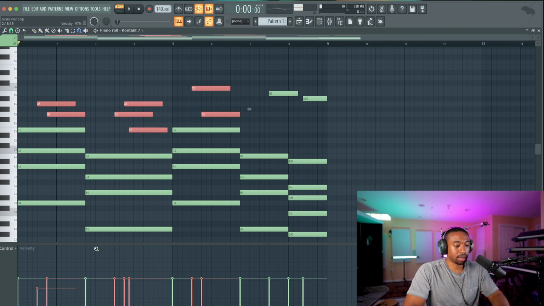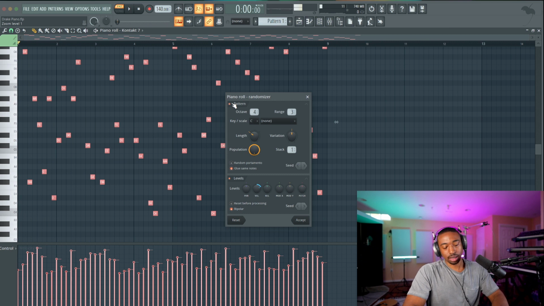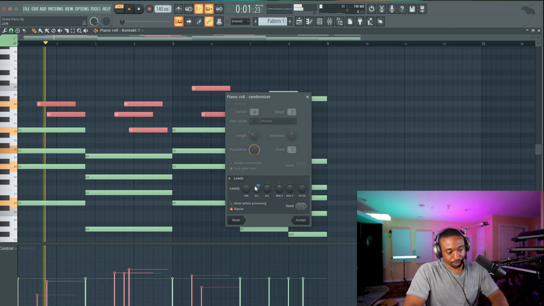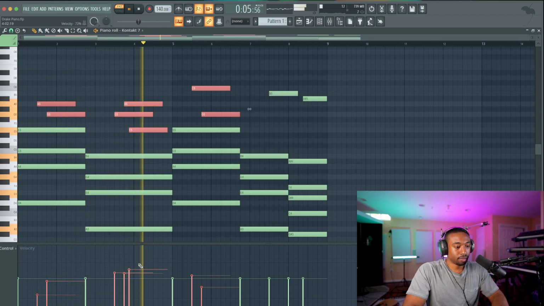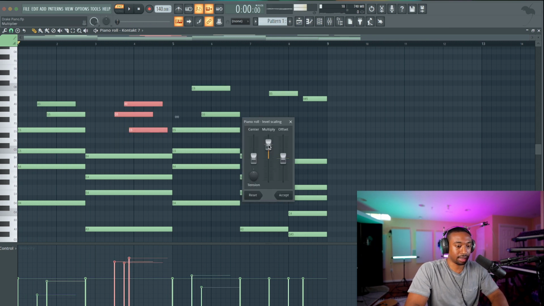A quick shortcut is just hit Alt-R on our keyboard and then turn off pattern mode because it'll look crazy like this. Turn off patterns, go to levels, and just turn the levels up or down. Now you can fix it how you want. Let's say you like this, but you think it's just too loud. Highlight these, hit Alt-X, and just turn the multiply down.